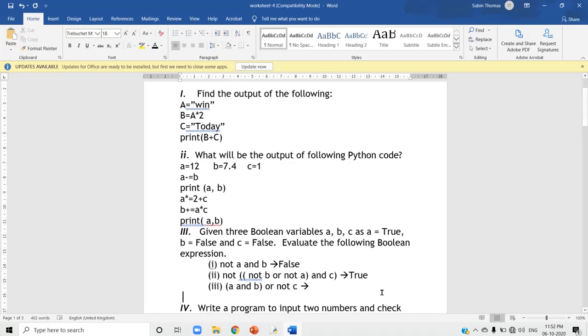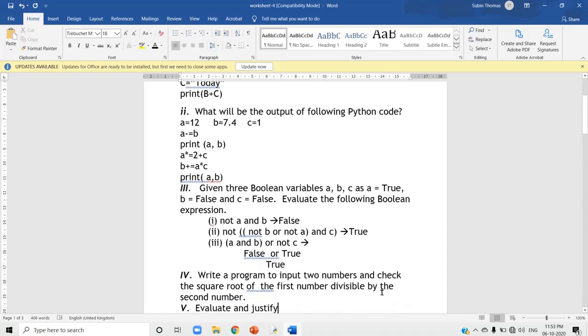See, one question I'll do step by step. Here, A is, you know, true. True and false will give me the answer false here. This is false. Or not C. C is false. Not C will give me the answer true. Now, next step, I can write it as false or true. This is the OR operator. If any one of the operands is true, the OR operator will produce true output. So, the answer will be true. So, that is all about that question.